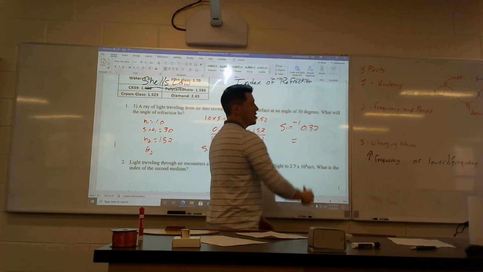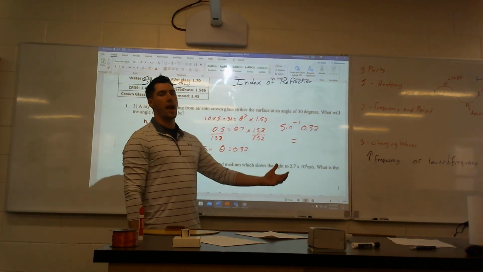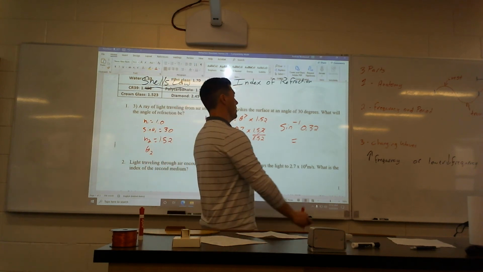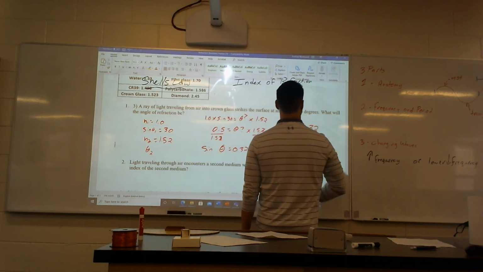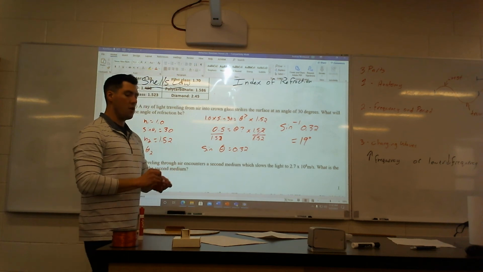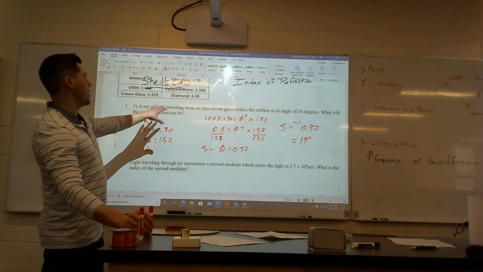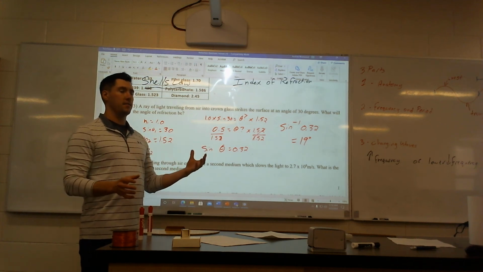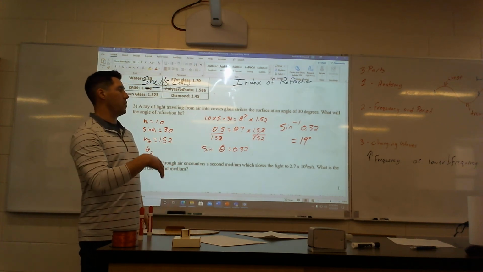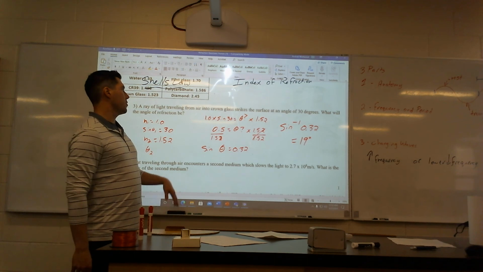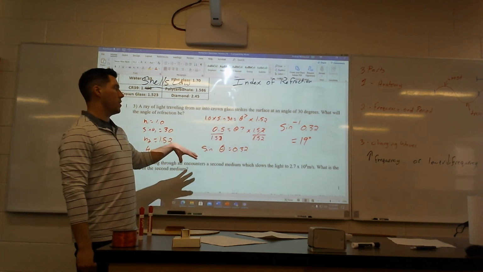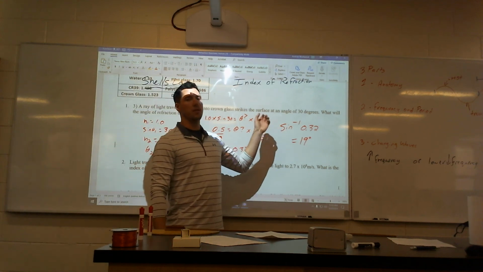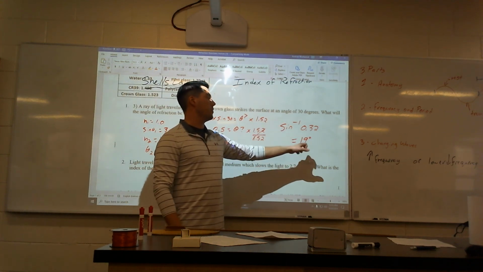When you plug that into your actual calculator, it'll give you a number, and that number is the angle. I get 19 degrees. So 19 degrees. Okay, so there's how to do this type of question where it gives you both n indexes, and it asks you to find the actual angle. What angle is it going to come out at? So same formula, just I really want to emphasize, you're going to get a decimal. You have to make sure that decimal you go inverse sine, and that'll give you the actual angle